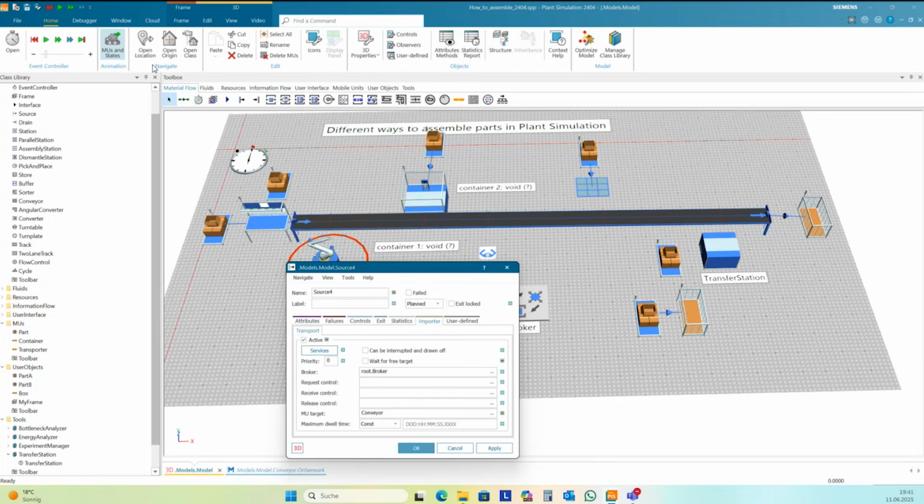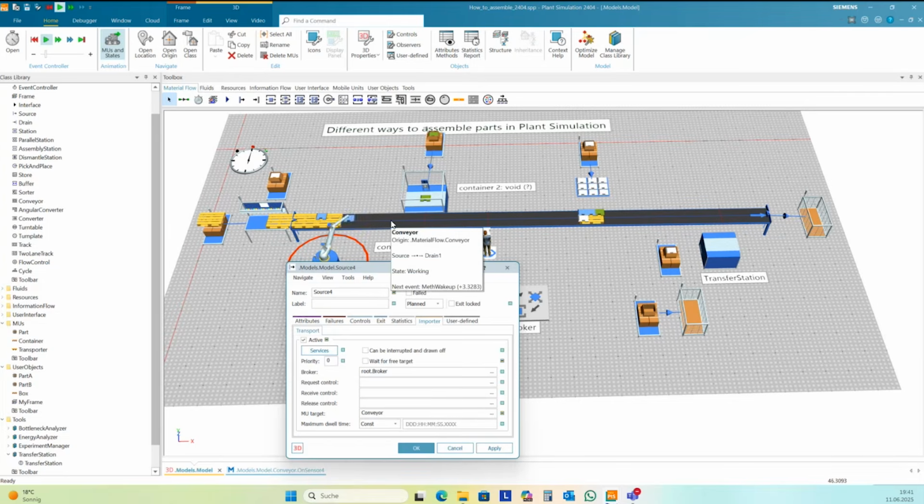And if you have several parts on the conveyor, like here, it's 1, 2, 3 pallets are waiting on the conveyor, and you wait for a free target, then it needs to wait until the conveyor is completely empty. But in this case, it's never completely empty. You need one part. Here, you need the pallet for assembly.